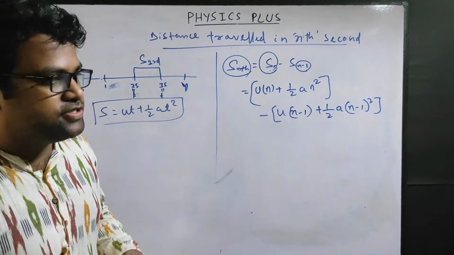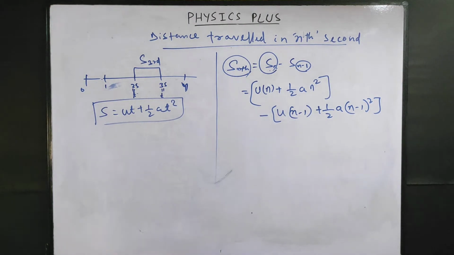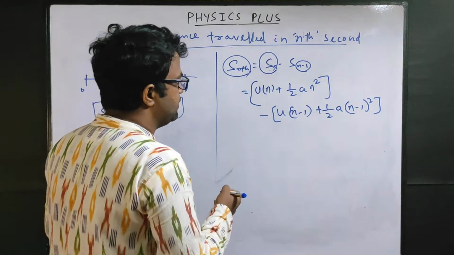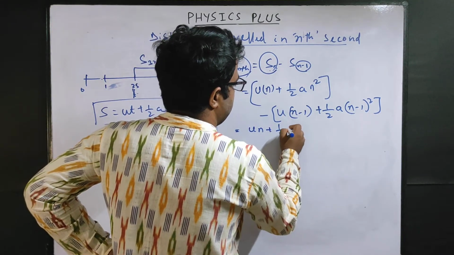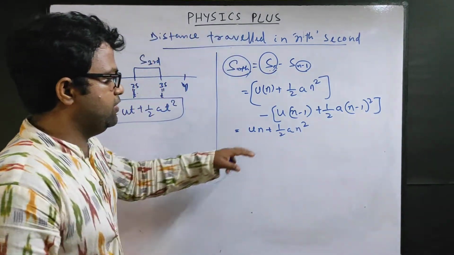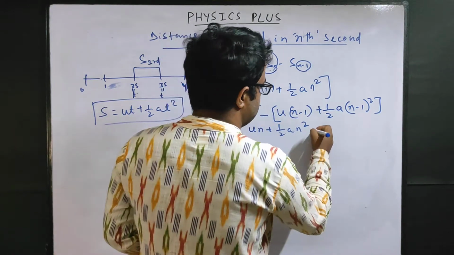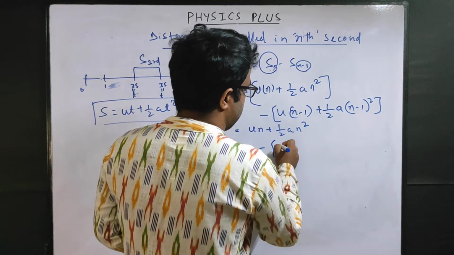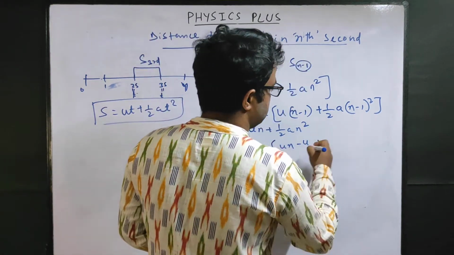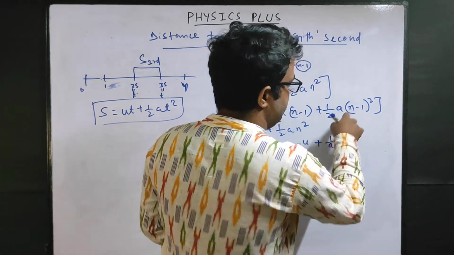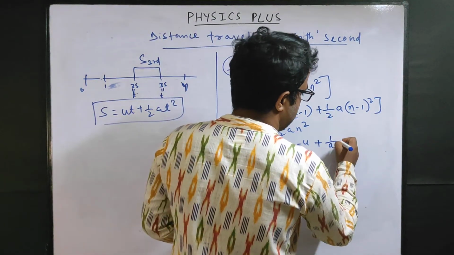Now you subtract this one and you will get a good expression. So let us simplify this: this is un plus half a n square, and if you multiply this one out, what you will get is un minus u plus half a times n minus 1 whole square. We will just expand it: a minus b whole square, that is n square